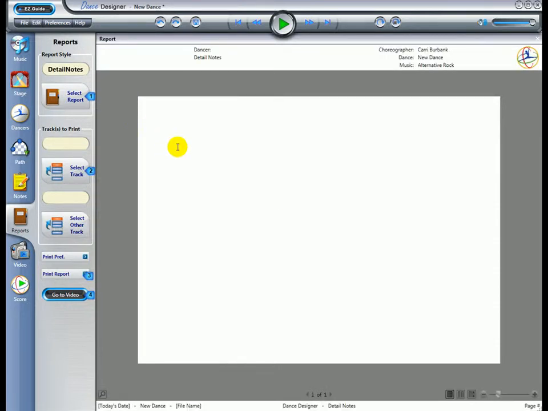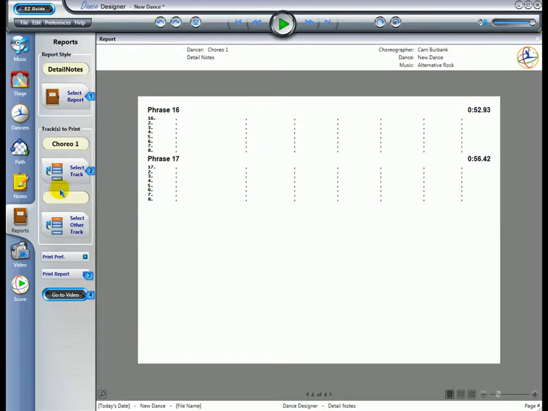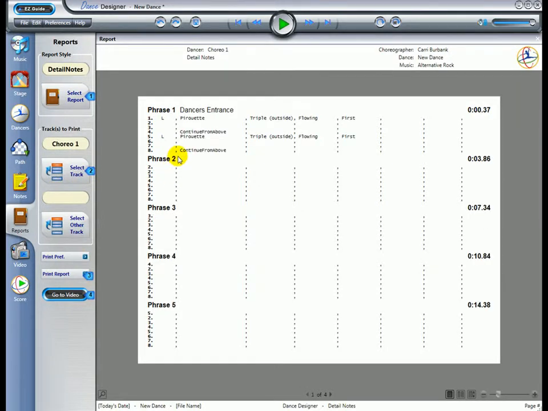You must select a dancer or a choreo page by clicking the Page Selection button. We wrote notes on Choreo 1, so click Choreo 1. This will display the detailed notes we wrote on Choreo Page 1. The report header displays the dancer for whom the notes were written, the choreographer name, the name of the dance,